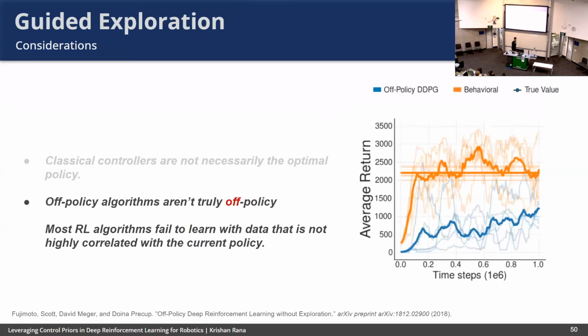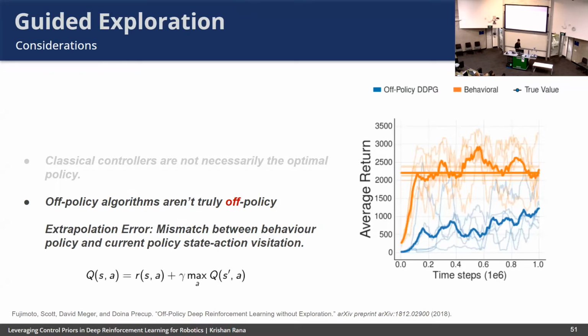And the other thing to note is that off-policy algorithms aren't truly off-policy. You can't just use a behavior policy on an external system from your current policy to collect data in the environment, right? And this comes as a result of this mismatch between a behavior policy and your current policy. And this was shown by Fujimoto et al., where if you just use a data set of external experience coming from somewhere else to train an RL agent, it actually fails. And this comes as a result of the way our